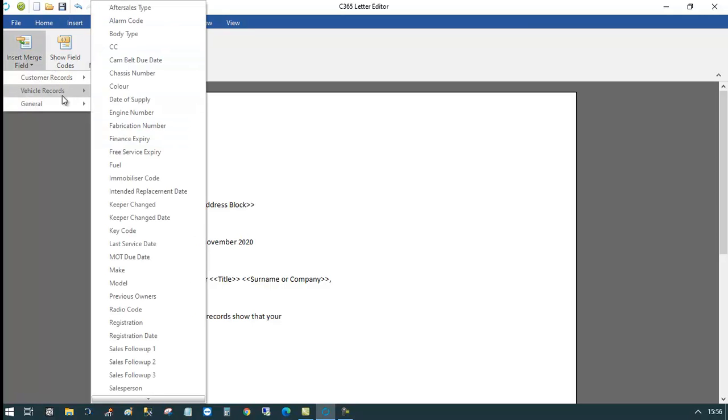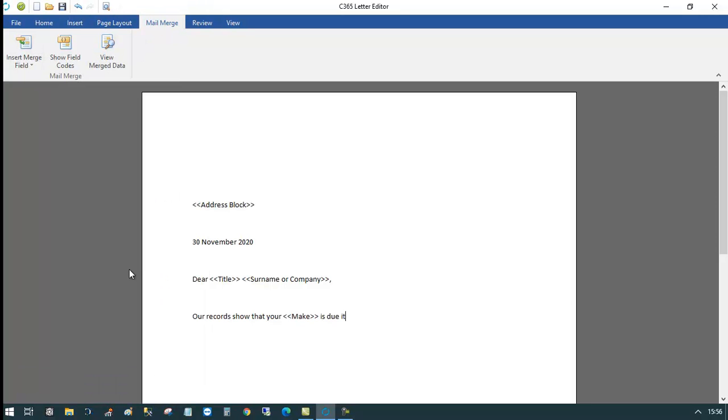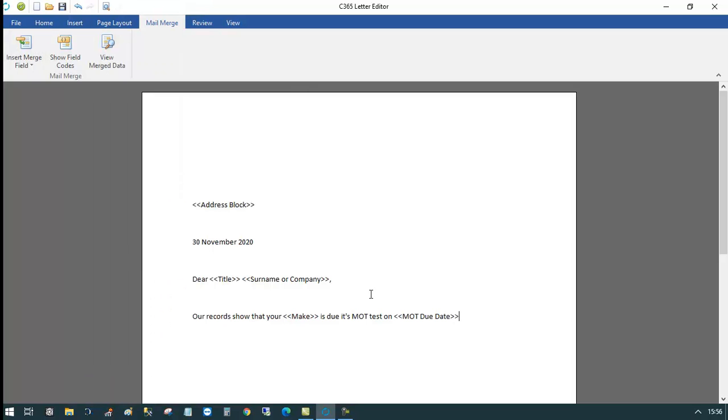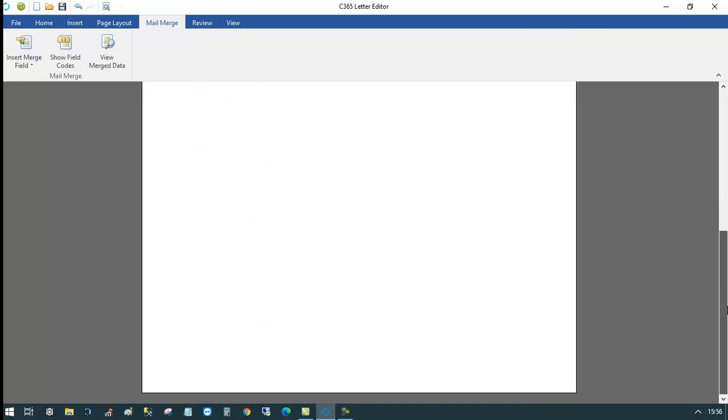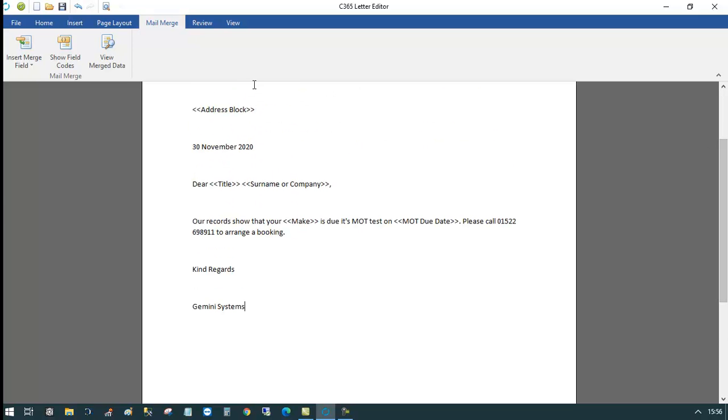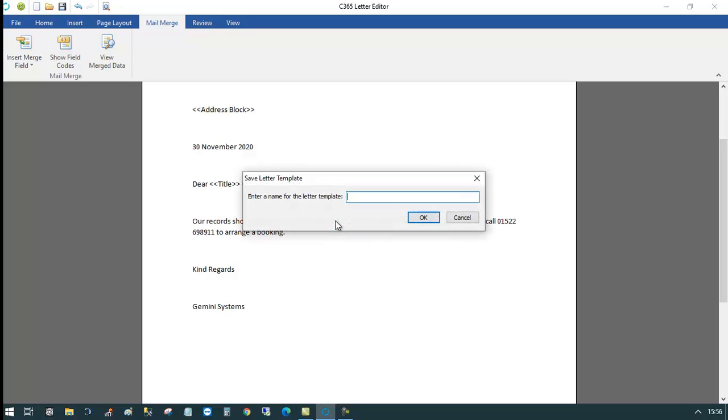And then just keep writing as you would, and then sign off the letter once you've finished. So once you've done the template, just tick the green tick up in the top left